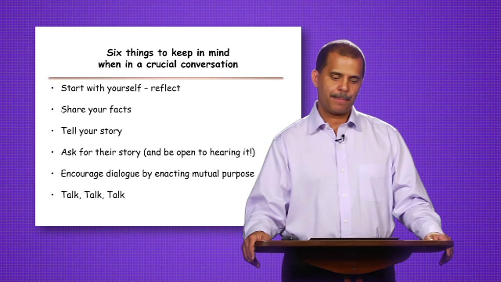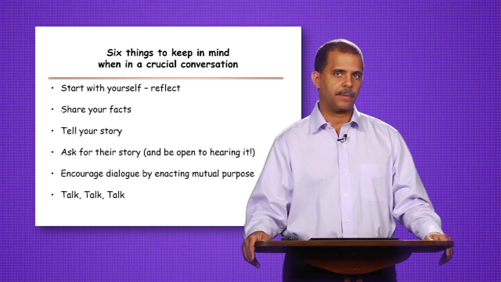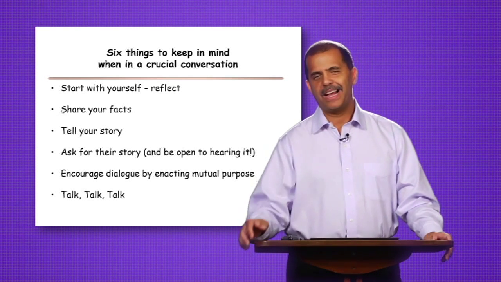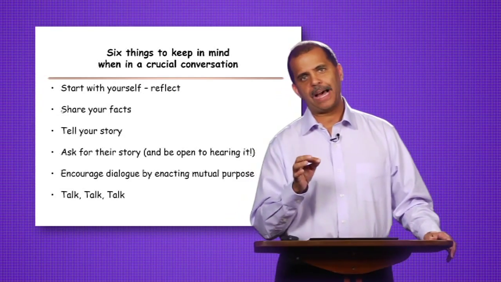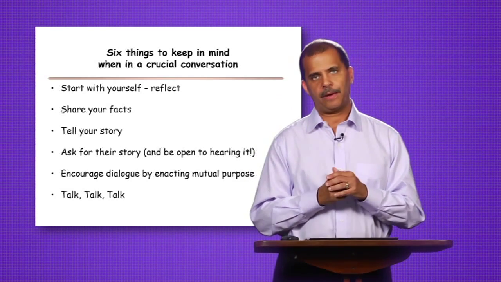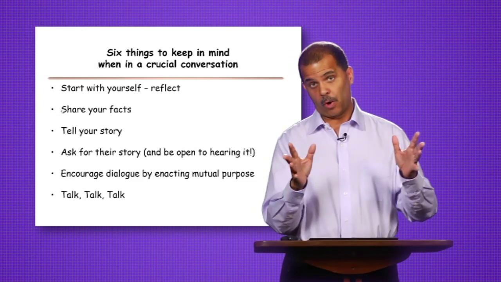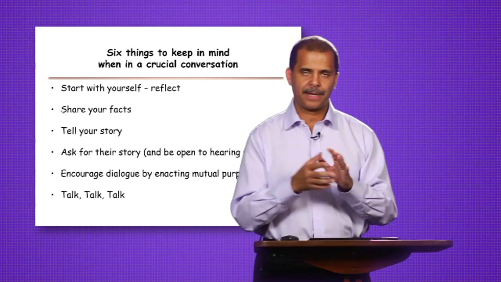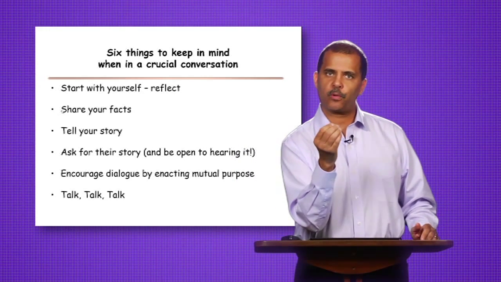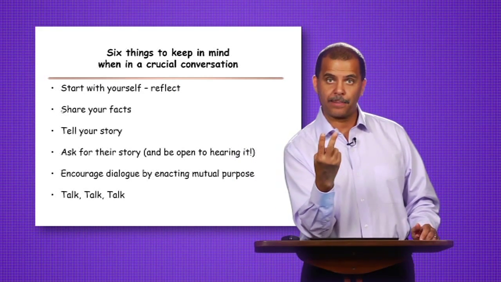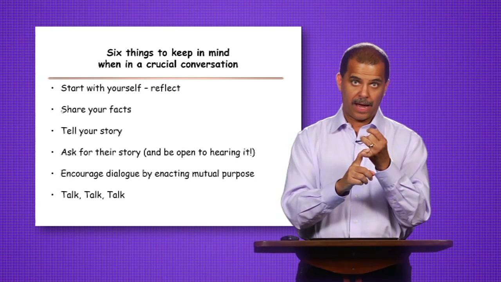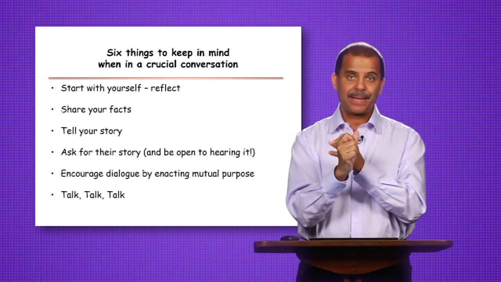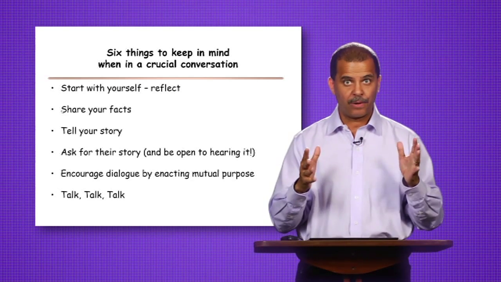6 things to keep in mind when in a crucial conversation. You're saying, crucial conversation, where'd that come from? So when you're in the midst of resolving conflict, you're engaged in a crucial conversation. There's a great book about it called Crucial Conversations. Check it out on Barnes & Noble, Amazon.com. So in essence, what a crucial conversation is, it has 3 elements. Stakes are high, emotions are running high, and extremely important. So those are kind of the 3 characteristics.